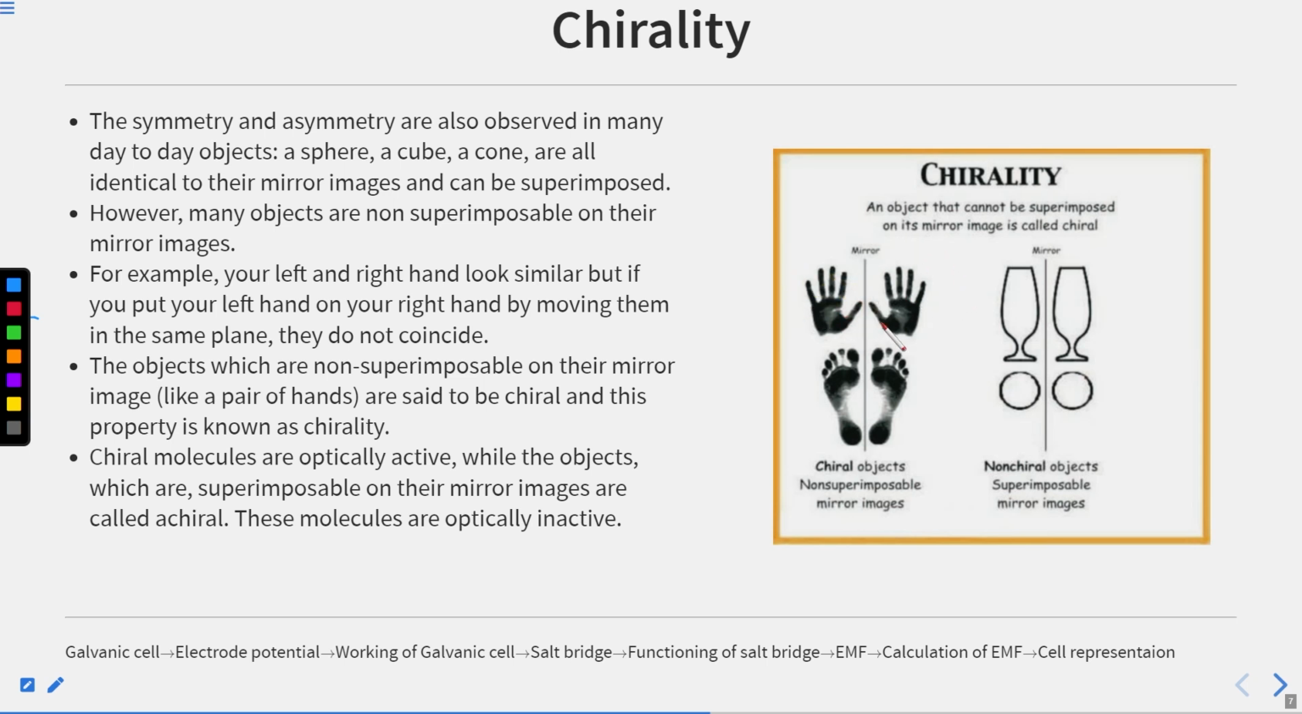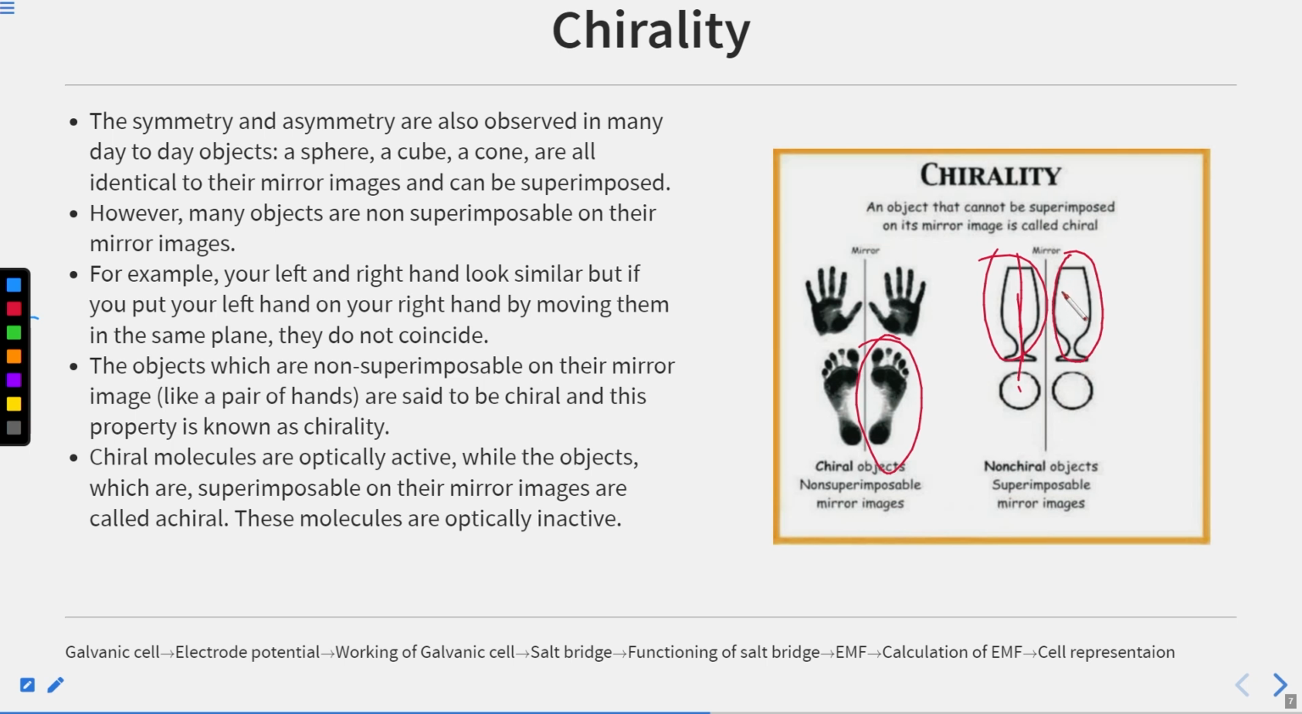No matter how you rotate it, the compound will remain the same. It does not matter how it is rotated, it will remain the same. You cannot superimpose it. Similar goes with your leg. But if you consider a glass, just a symmetrical glass which has a plane of symmetry,